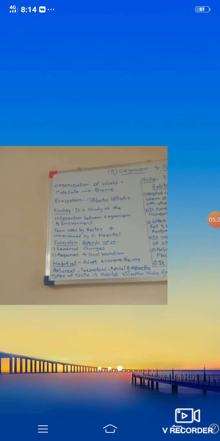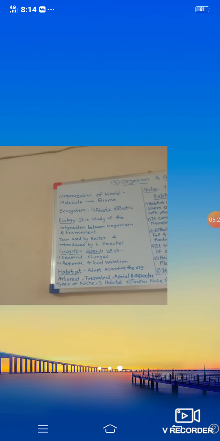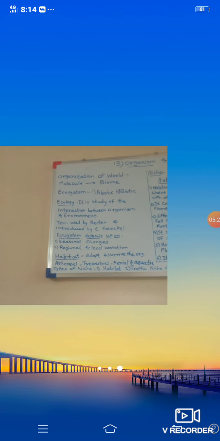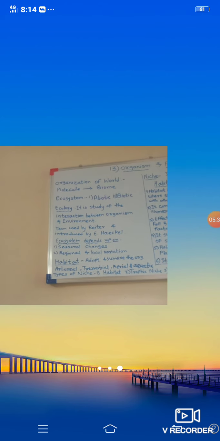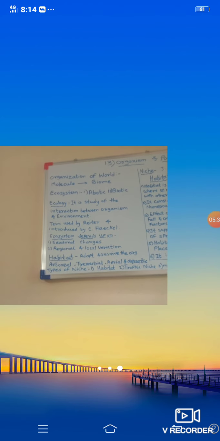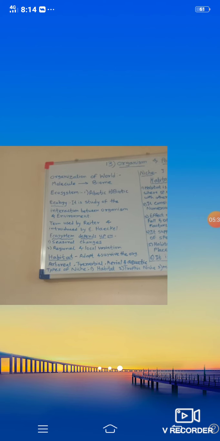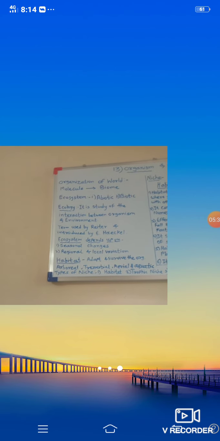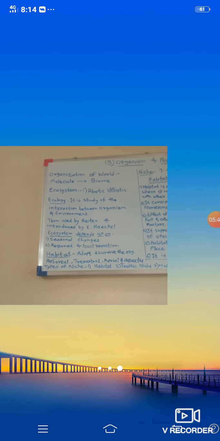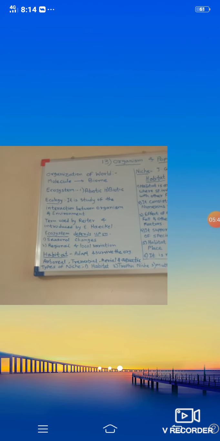In that community they interact with one another in several ways, and these communities are present in the biome. And a biome means